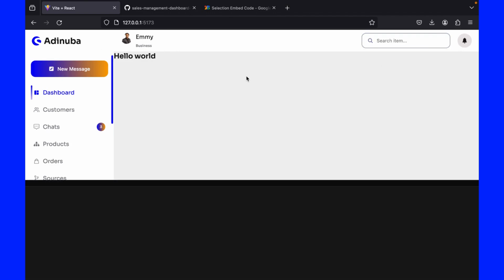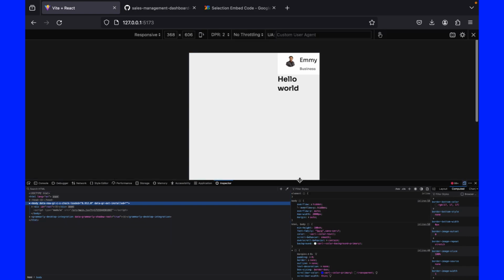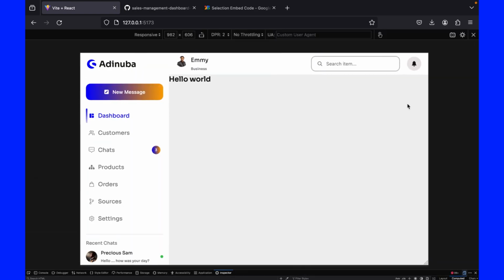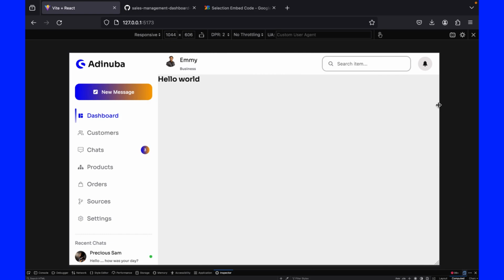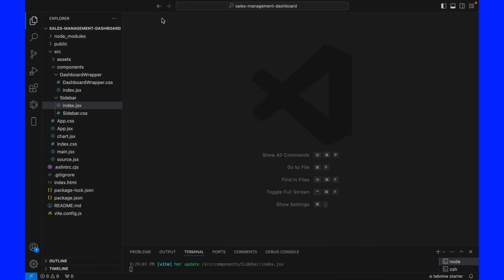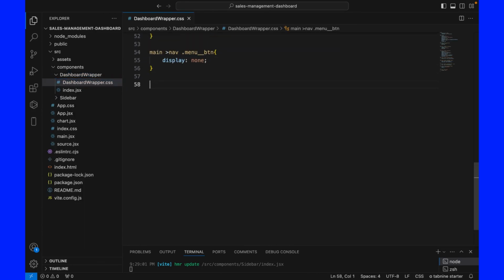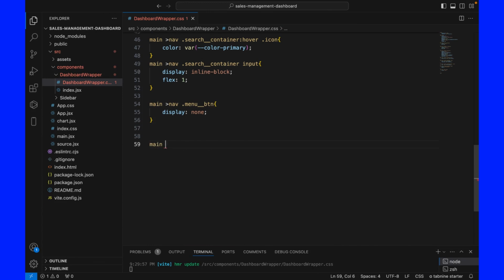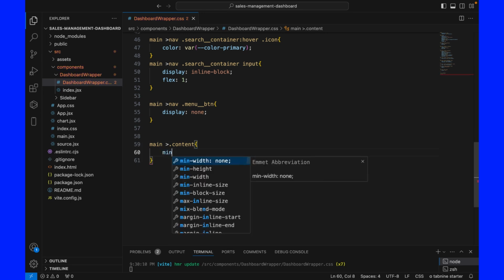And let's switch to responsive mode. You see, it doesn't look good at all. So let's go back and make things right. Where we need to work on is the dashboard wrapper. So first of all, let's select the content,